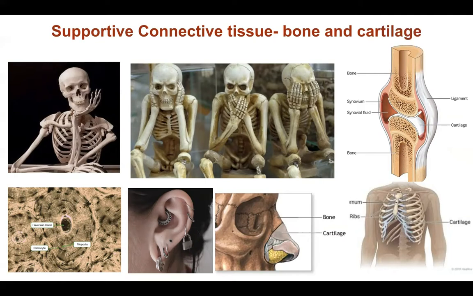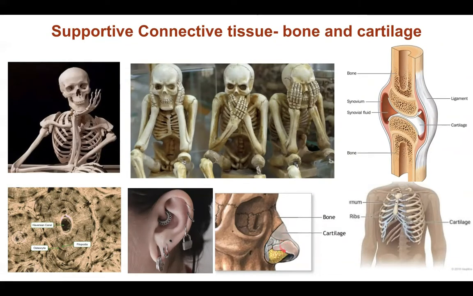The bone forms the structural framework of the body. It is this which will define the shape of your body, will give you a height, will protect your internal organs from any damage, and give certain degree of rigidity and allow for movement and locomotion. The bone, which is hard and rigid, has to be contoured or softened at the ends. That is done by the cartilage. The cartilage is the tissue which is elastic,